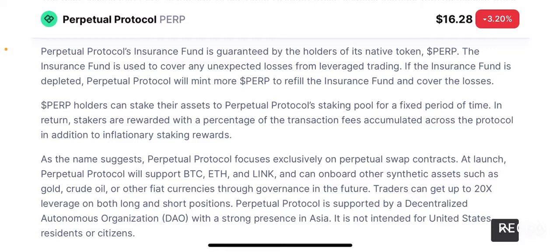Again, this is a little bit of a controversial line, because if the funds from the insurance fund are used to rectify the loss, the insurance fund will be empty, and therefore the protocol is automatically designed to mint more PERP tokens. So the token supply is replenished by the protocol itself by default in order to cover the losses,